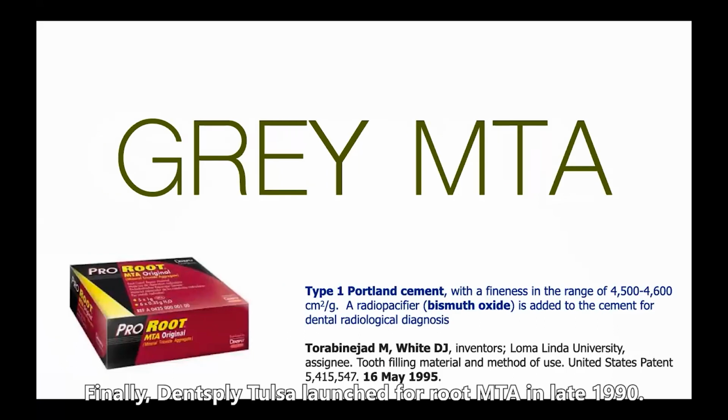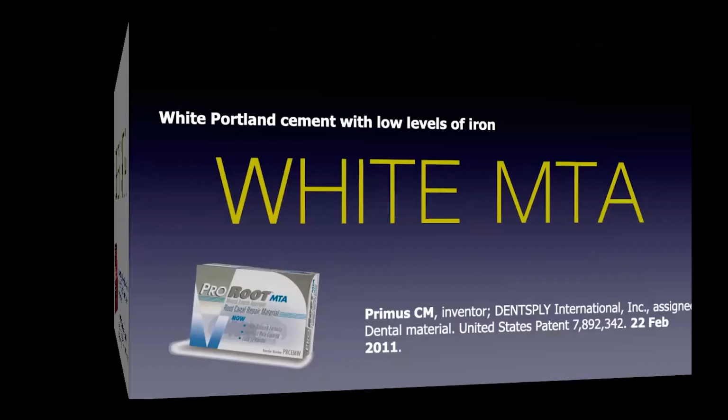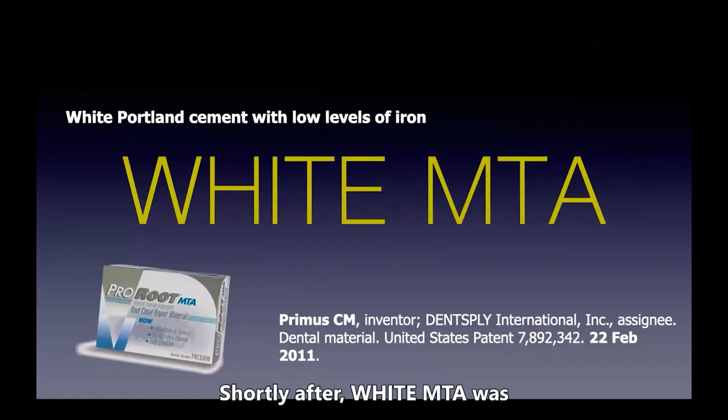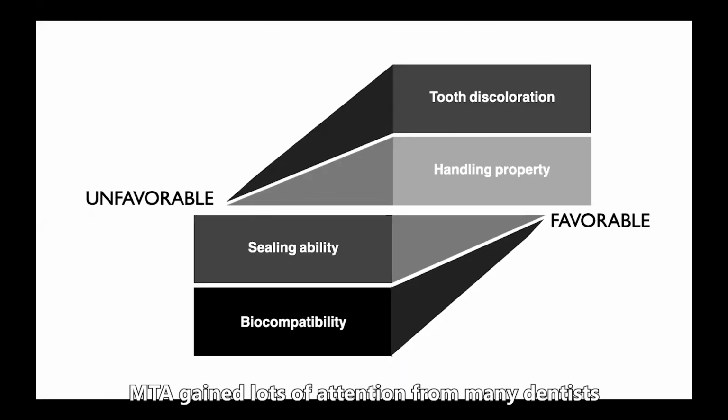Finally, Dentsply Tulsa launched ProRoot MTA in the late 1990s. At this time, the color of the cement was gray, so clinicians called this gray MTA. But shortly after, white MTA was also launched to enhance the color. MTA gained lots of attention from many dentists because it shows favorable sealing ability even in the presence of moisture